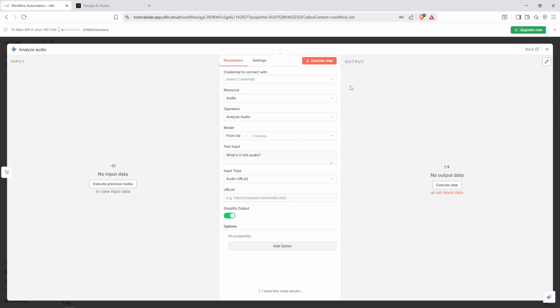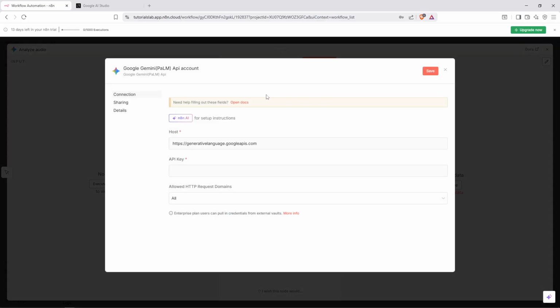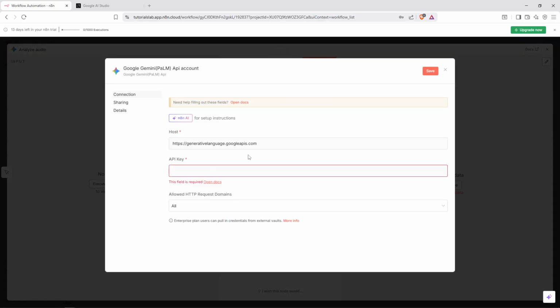Before filling out the other fields, you'll need to add the API key for your Google Gemini account. Click on the credential to connect with drop-down menu and select Create New Credentials. This will prompt you to enter your Google Gemini API key. Now open a new browser tab and navigate to